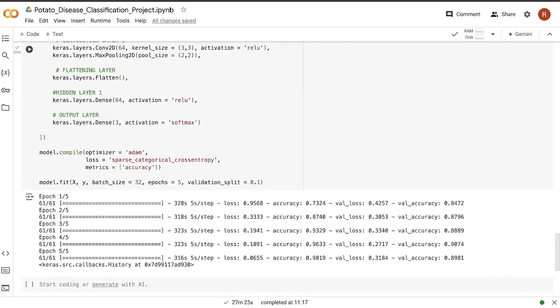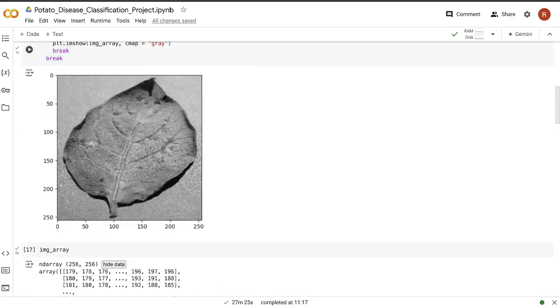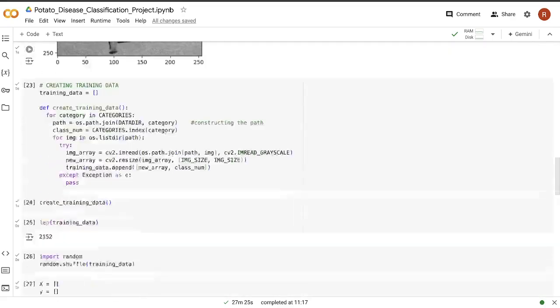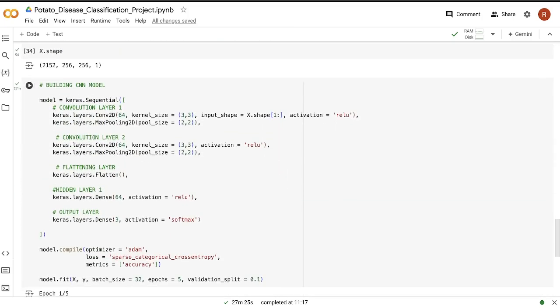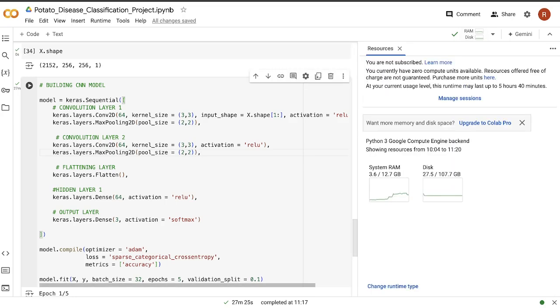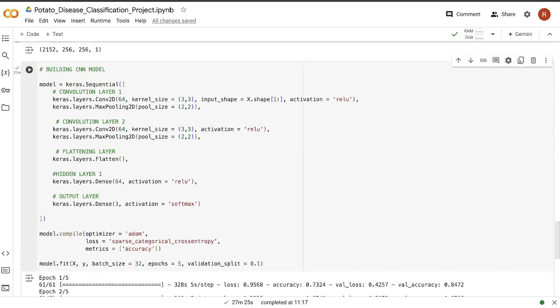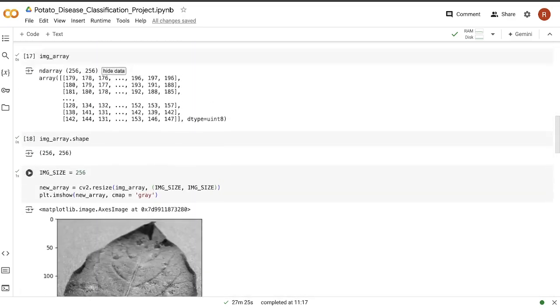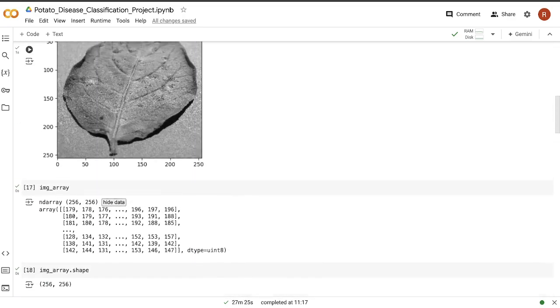The reason for not working with color images in this particular code was, when you work with RGB images, in that case you already have a lot of data in itself, and then you have to compromise your convolutional layers. So then you cannot add this many convolutional layers. You have to delete one, and also you have to reduce the size of filters, because if you keep it as it is, then basically your session crashes and you run out of your system RAM. So that was the reason. And so, yeah, this was the project for potato disease classification using the convolutional neural network.